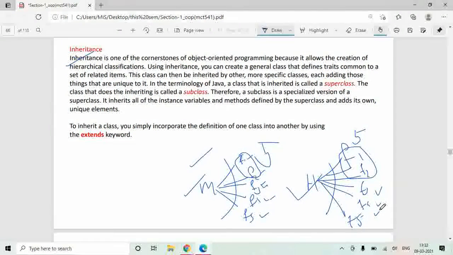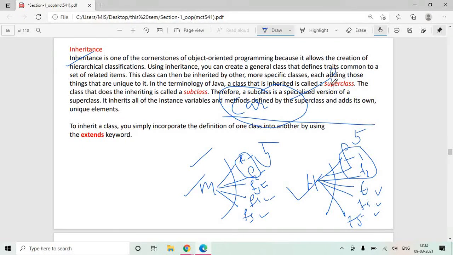So what inheritance says, you identify the common features. You create a class car. Don't name it Maruti or Hyundai, you name it car, because these features will be there in each car. You create a class car with features F1 and F2, because these features are common. And you inherit Maruti from this car.